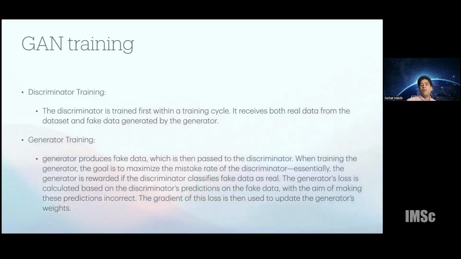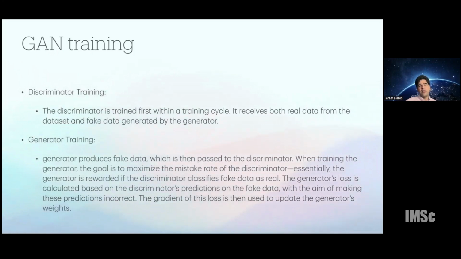Essentially, you reward the generator if the discriminator classifies fake data as real. In order to train the generator, we take the discriminator's predictions on the fake data, that is, how closely the discriminator is able to tell that the particular data point is fake, and you calculate the generator's loss based on that, and you take that loss and then update the generator's weights accordingly.